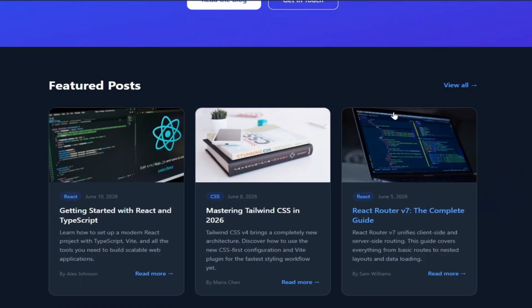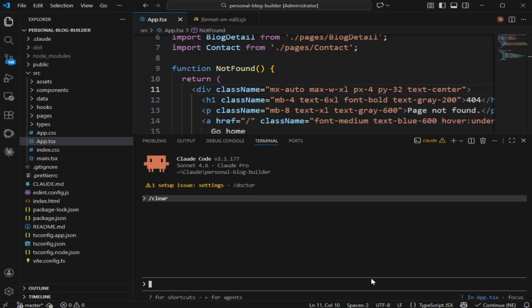Now, let's test the application not manually, not by clicking around ourselves. Let's use MCP. So I'm going to ask it, configure Playwright MCP,